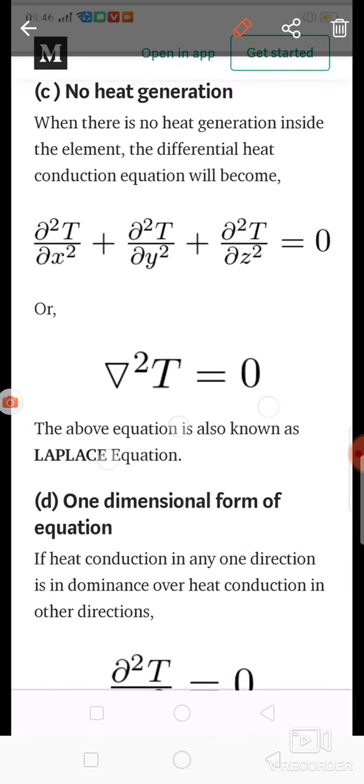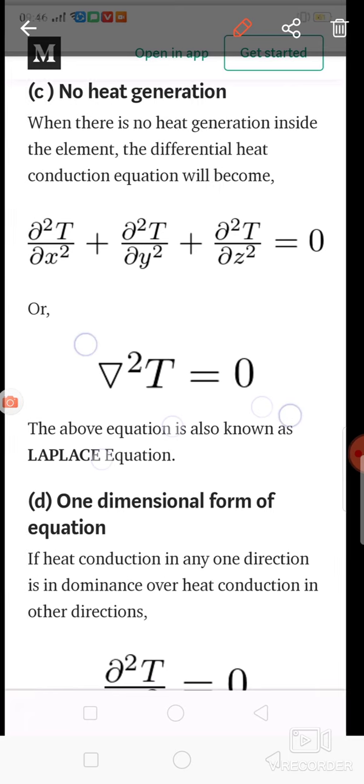So this is about the general heat conduction equation in Cartesian coordinate system. This equation is very simple. We consider a small element, the heat conducted into the element and the heat conducted out from the element. From that we write the equation for qx and q dot x plus dx, and take the difference of these two terms. Then we consider the heat generated within the element, and the rate of change of internal energy. So we take the energy balance equation for that particular element and derive the equation, and that equation is nothing but the general heat conduction equation in Cartesian coordinate system. So thank you very much.